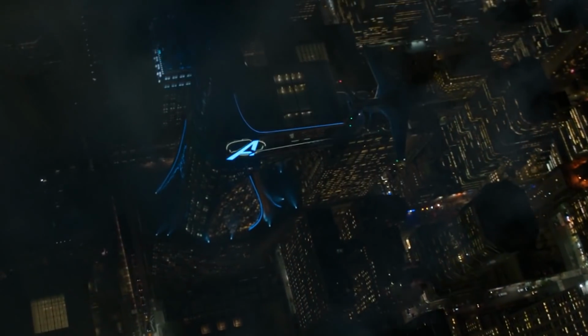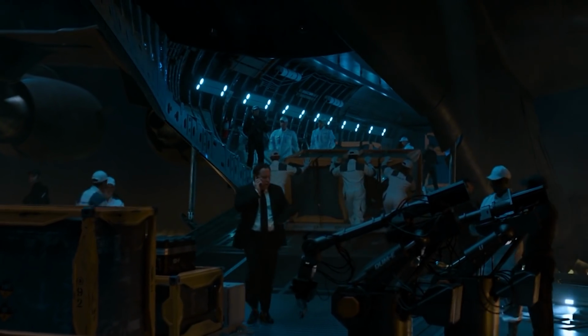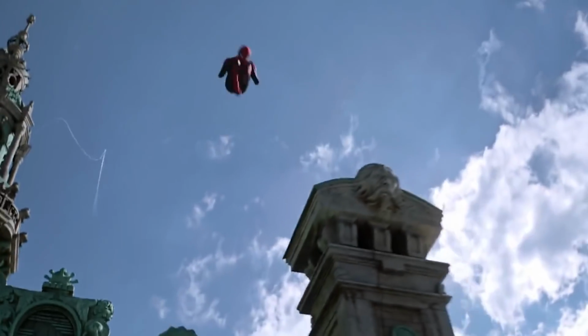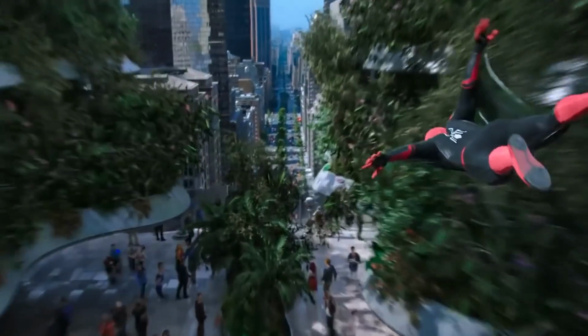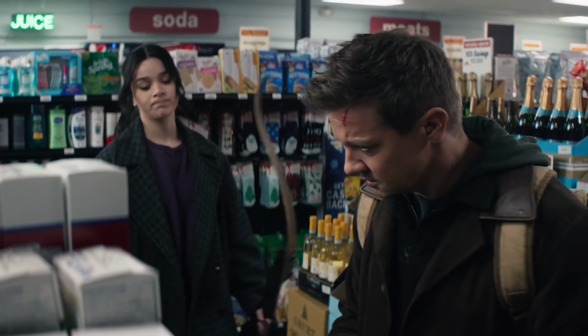And this again puts the mystery of Avengers Tower back in the spotlight for No Way Home. Tony Stark sold it to some unknown new occupant back in Spider-Man Homecoming, and Spider-Man Far From Home teased that that new owner must be remodeling it by having Peter glide through a newly constructed atrium in that tower in the final scene. Ever since, the mystery remained dormant until episode 2 of Hawkeye, when Clint Barton and Kate Bishop